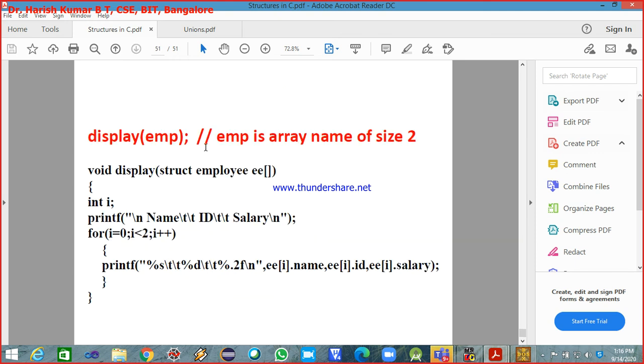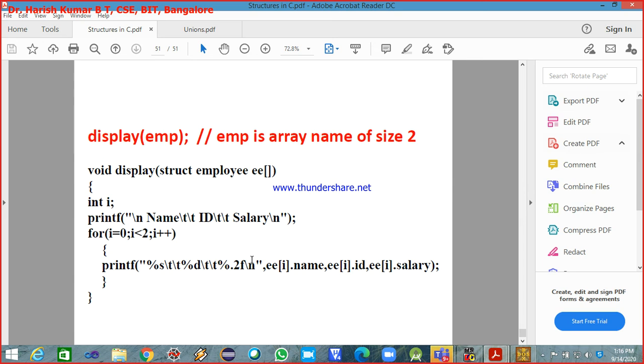So now what we are doing, see display. This employee, now it is an array, declared as struct employee emp of size 2. Next we have display. Inside the called function, struct employee EE, again it is made as an array, and size is unspecified.